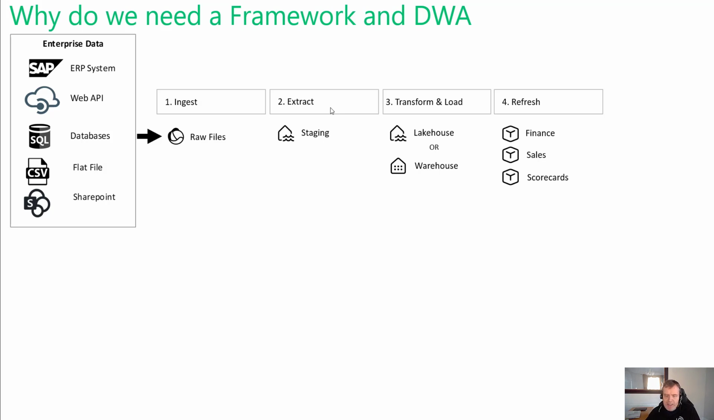But the core concept is we need to bring in raw files from external data. We need to stage them. We need to transform and load them into a star schema and finally present them in Power BI. Now, if we're not using any framework and we just hire a bunch of developers or assign people to